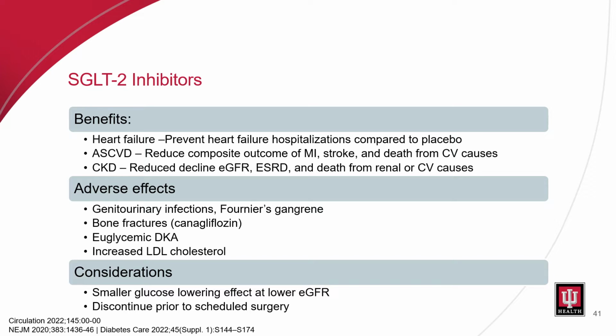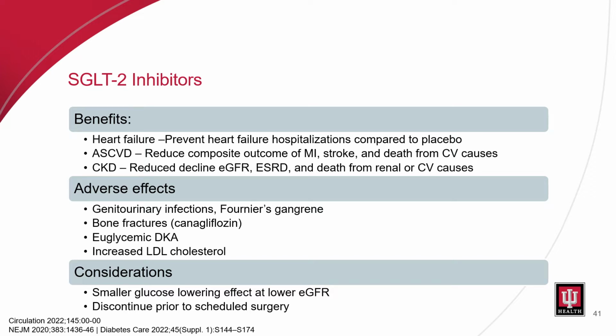Our SGLT2 inhibitors' benefits for heart failure are that they prevent heart failure hospitalizations compared to placebo. That's the disease state that we're talking about now. However, they also have benefits for other disease states as well, such as ASCVD risk and CKD. So for ASCVD, they reduce the composite outcome of myocardial infarction, stroke, and death from cardiovascular causes. And in chronic kidney disease, they reduce decline of our estimated glomerular filtration rate, end-stage renal disease, and death from